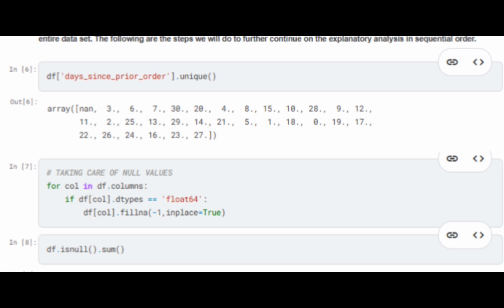This code handles missing values in a dataset. It iterates through each column in the data frame, and if the column data type is float64, it fills all null missing values in that column with -1. This ensures that missing values are handled without affecting non-floating point columns, preserving data integrity for further analysis or